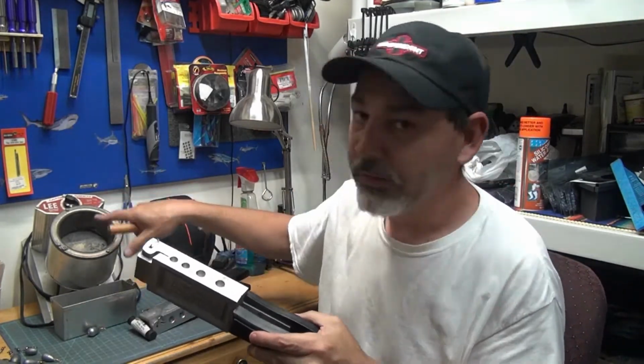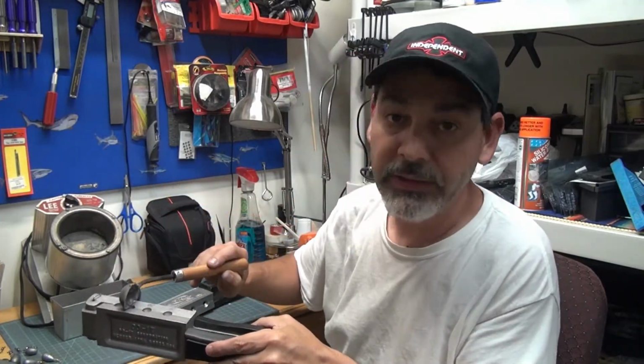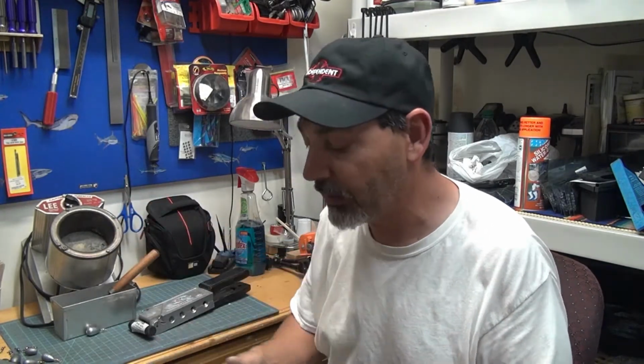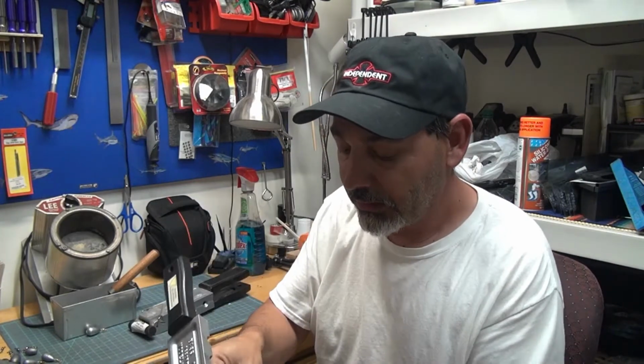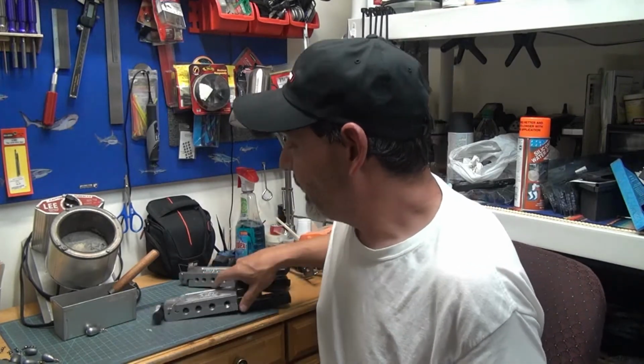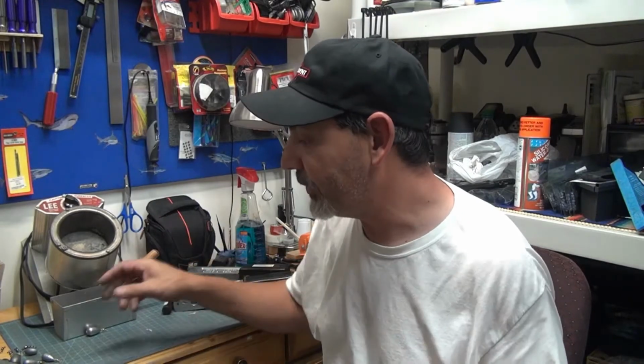And when this is hot, you scoop up the lead, you pour it in there carefully. You do want to wear safety glasses and gloves, because you don't want to get this stuff on you. It burns real bad, trust me, I know. But anyways, if you guys want to invest in something like that, you could. If you're gonna have a problem finding lead, just go to any of those metal recycling centers